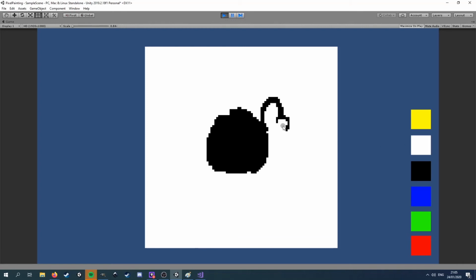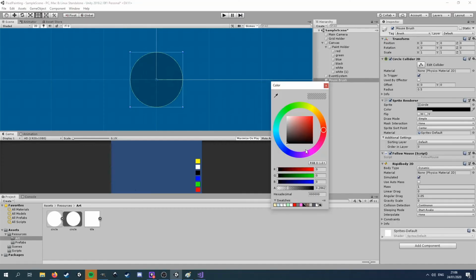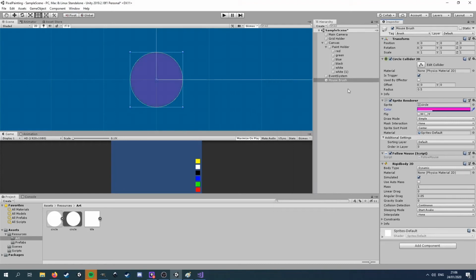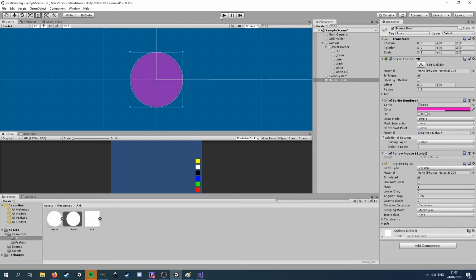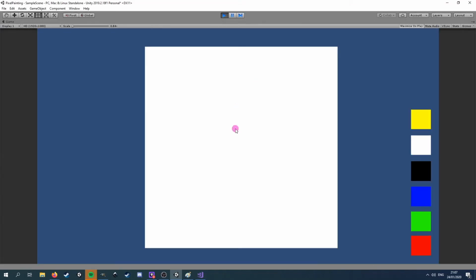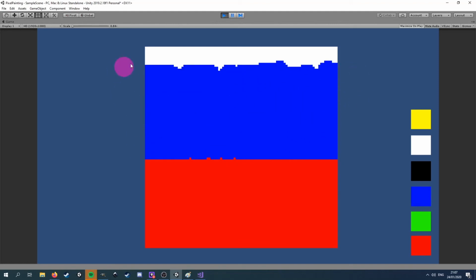Now I'm just going to have a quick play around to demonstrate this. I felt like our max brush size wasn't big enough, so I've decided to increase it to 10. I also thought it would be a good idea to change the colour of our mouse brush sprite renderer to a colour that isn't in our palette, so that it's always visible. Now you can see a much wider range of brush sizes, and I'm not entirely sure why I went straight